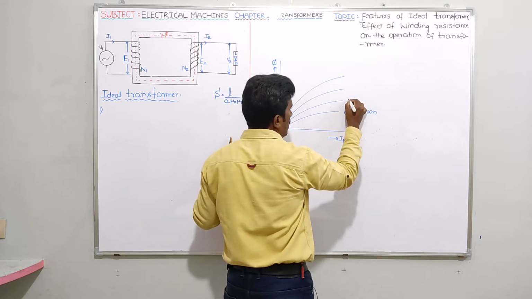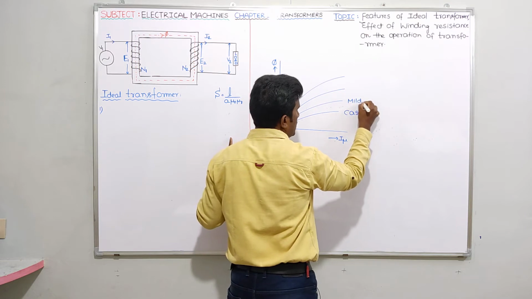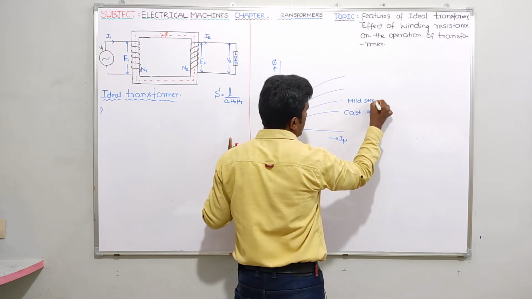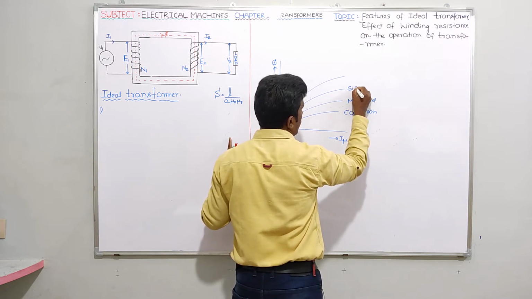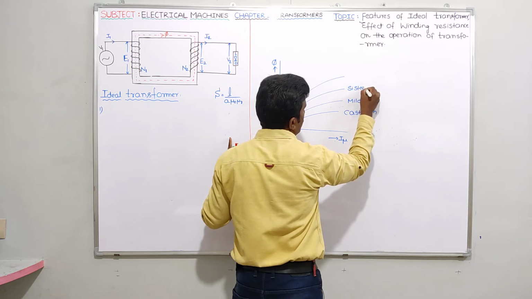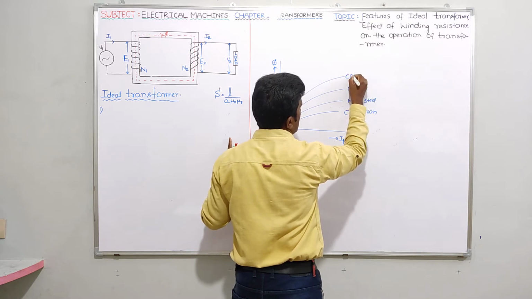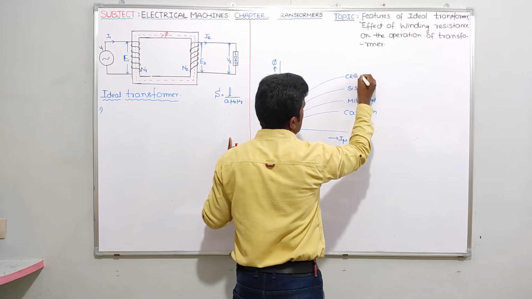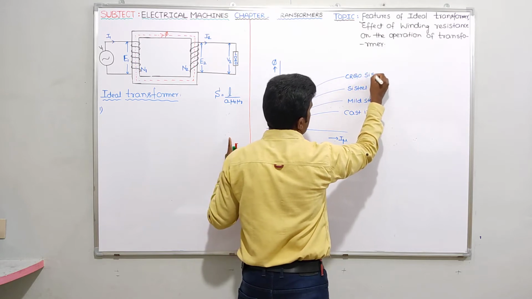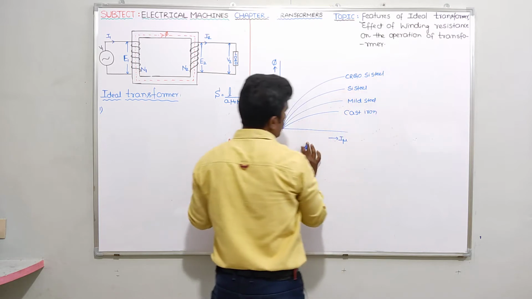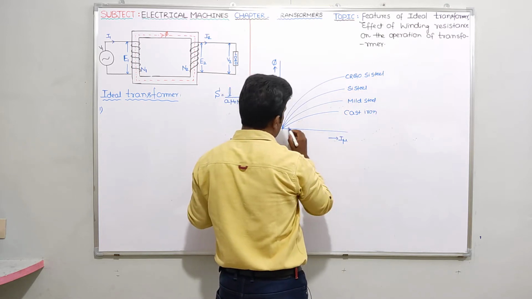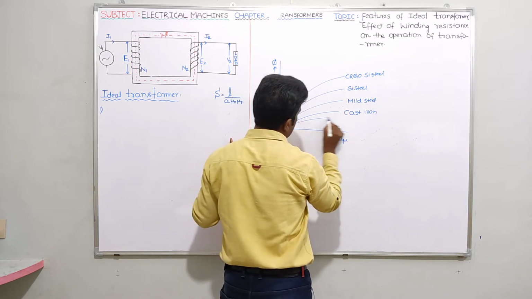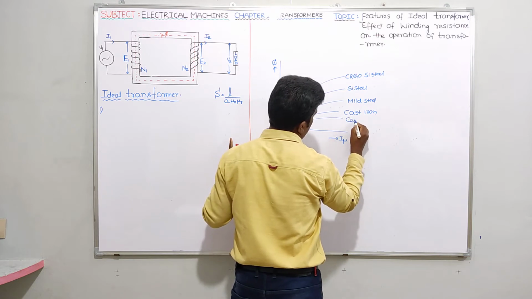Okay. Next, I can take mild steel. Next, let me take silicon steel. Next, let me take CR silicon steel. Here we got one more thing. Transformer core is made up of cast iron, means let me take like this. Cast iron means this one.